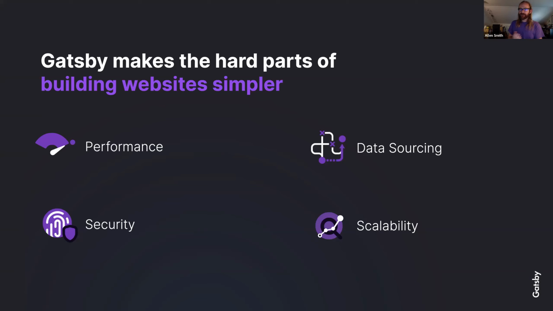The next thing is scalability. You don't have to worry as much about things like load balancing and database replication. A lot of these things that you might be used to if you're coming from a monolithic solution like the WordPress realm. If you're using Gatsby Cloud, your static files get deployed globally to a CDN where folks can access your site from the edge. It keeps your site close to them so they have very fast load times. And you don't have to worry about all of the load balancing and database replication that you would in that monolithic world.